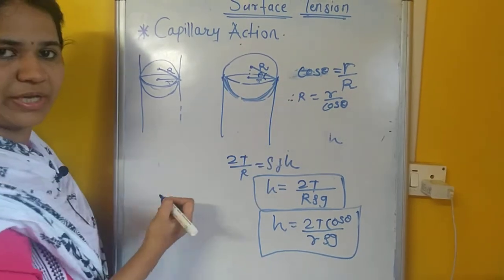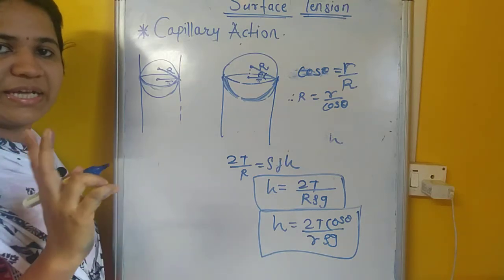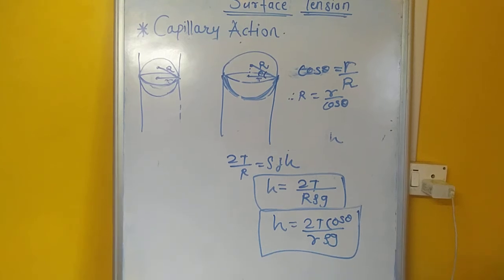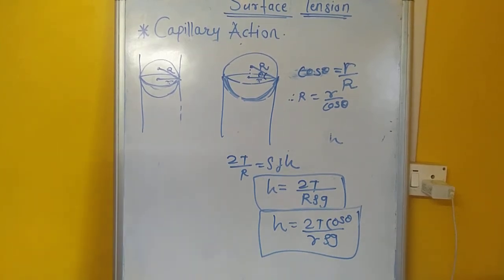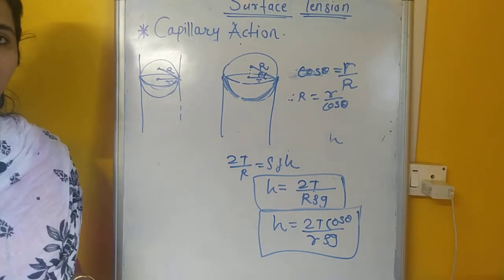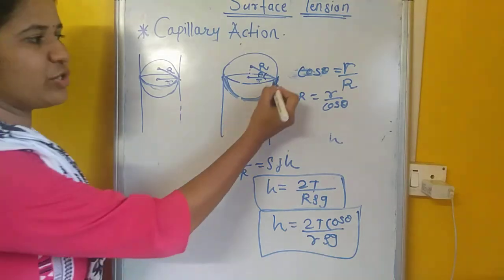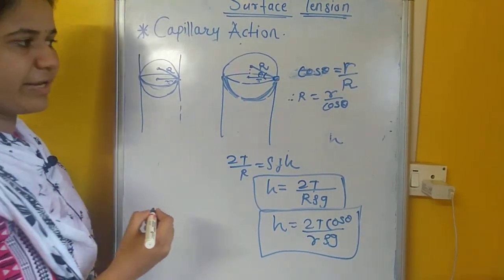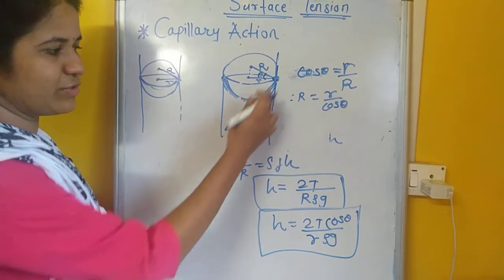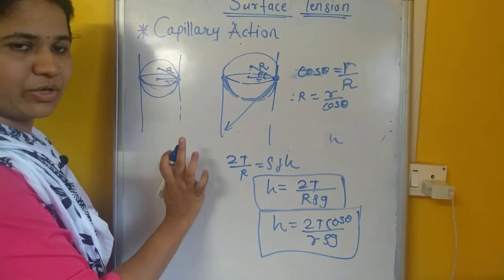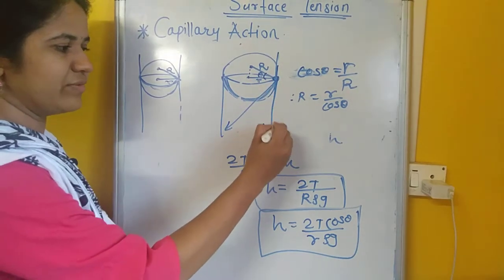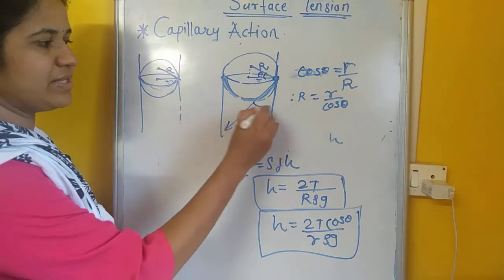This is a tube. Okay, the angle of contact is theta, the angle between the two tangents. Yes, it's an angle between these two tangents. The first tangent is the liquid tangent and the second is the solid tangent. The liquid tangent is always drawn from the contact point, away from the solid. This is the solid surface, so the liquid tangent is drawn away from the solid. Okay, and the second is the solid tangent, which is towards the liquid,